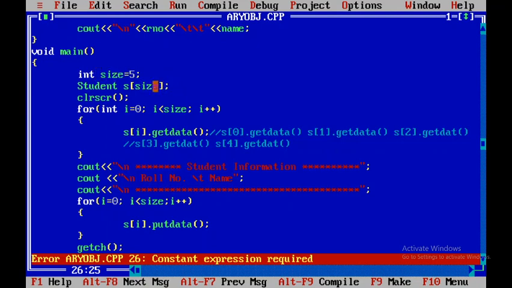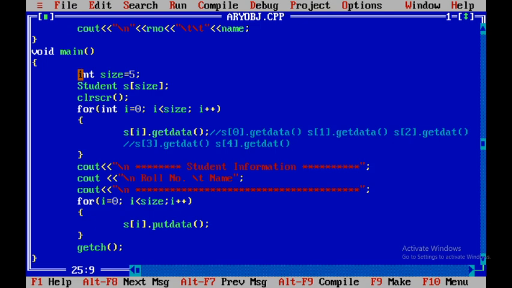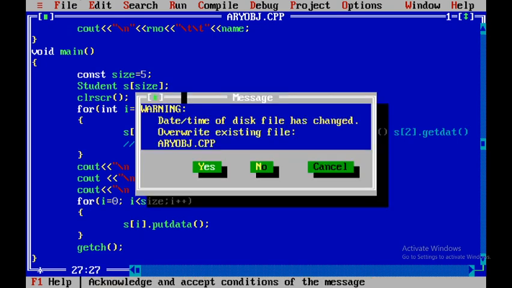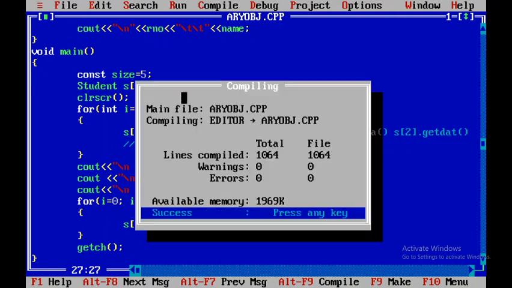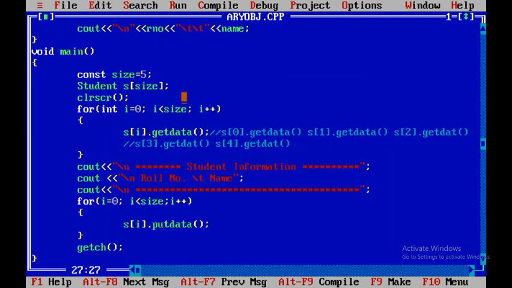If it is constant, it can be used within the array declaration. So I am declaring size as constant. Whatever value I have taken here will be reflected wherever size is written.